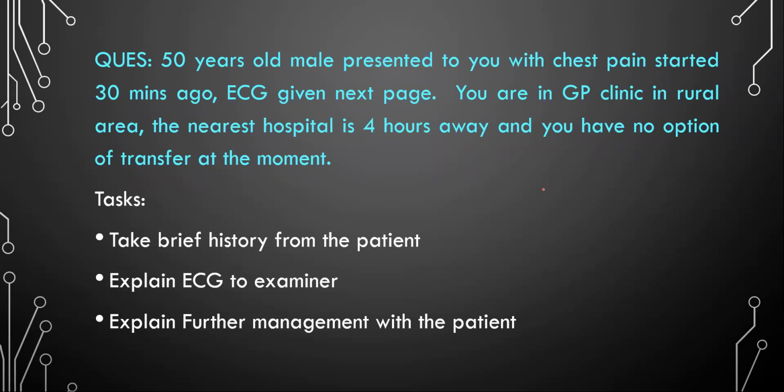I would like to send you to the emergency resuscitation cubicle and admit you to the hospital. I will ask the nurse to make an IV channel and put on oxygen, 6 to 8 liters per minute, and then I'll give you some painkiller like morphine, aspirin, and nitrate, sublingual glyceryl trinitrate. And then I would like to refer you to the tertiary care hospital,